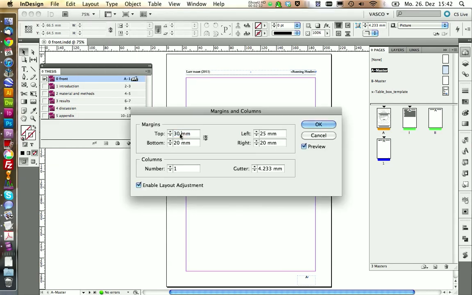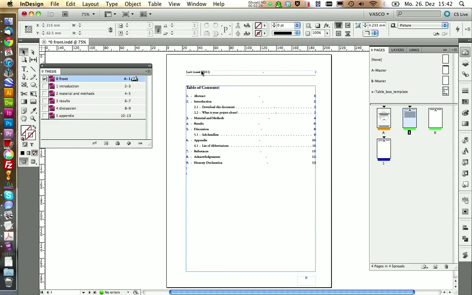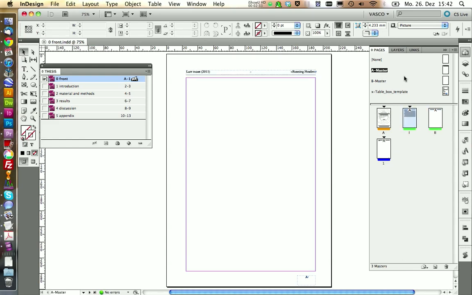For example, we can say this should be 4 centimeters. You can click on OK. And now you see this was moved down, and it will also adjust this in all of your pages. So you see it here, it changed it everywhere where this master page A was applied. We're going to undo this. However, you still need to do this on all your chapters.